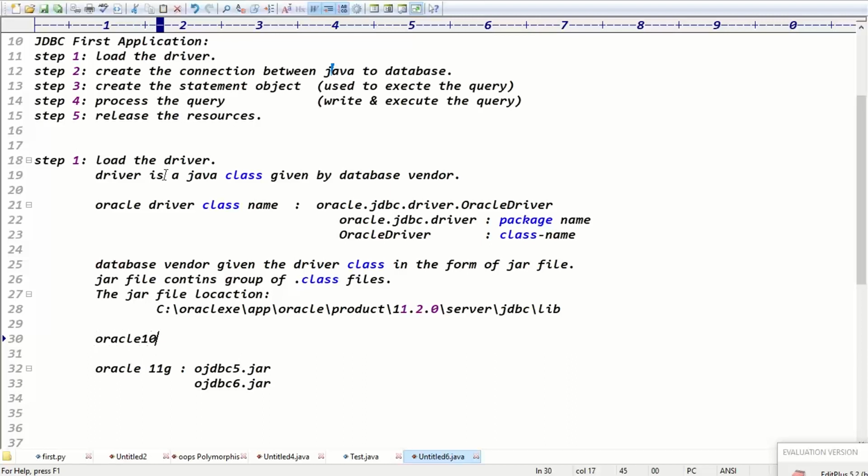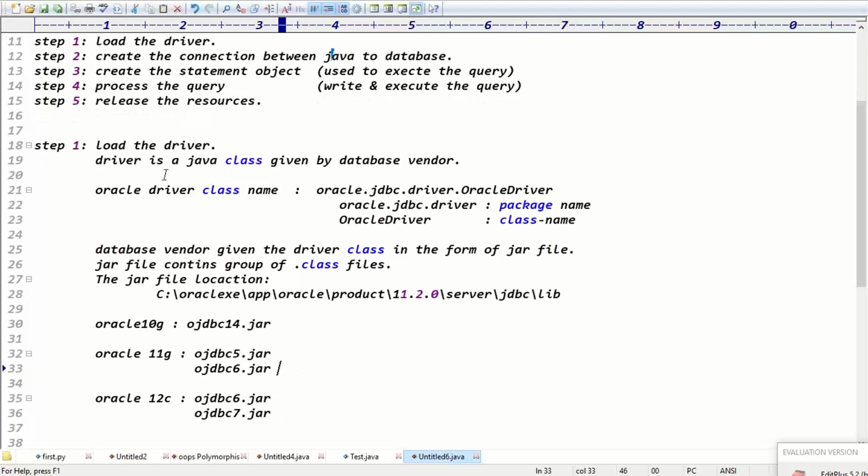If in your company you're going with 10G, only one jar file is created in that case, OJDBC14.jar. No, sir, I'm using Oracle 12C. If you're using Oracle 12C, the jar file name is OJDBC6.jar and OJDBC7.jar, right? Exactly.